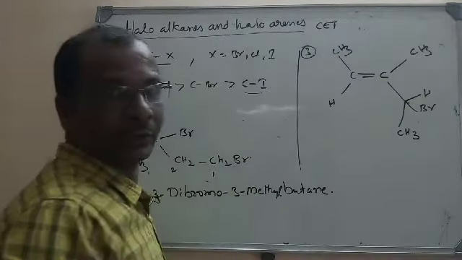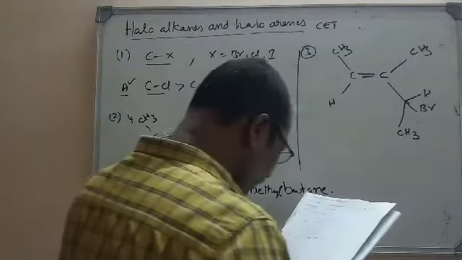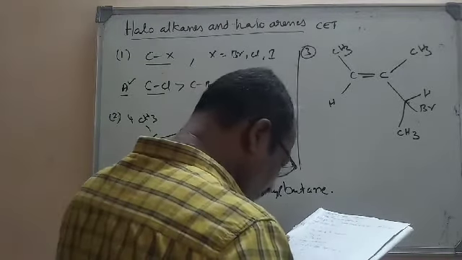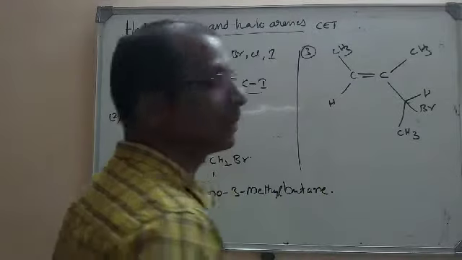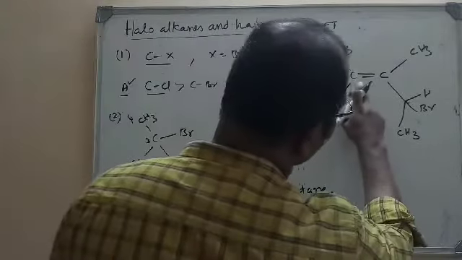So this is the molecule given here. We have bromine as the substituent and methyl groups also there. But while numbering, we should give the least number to